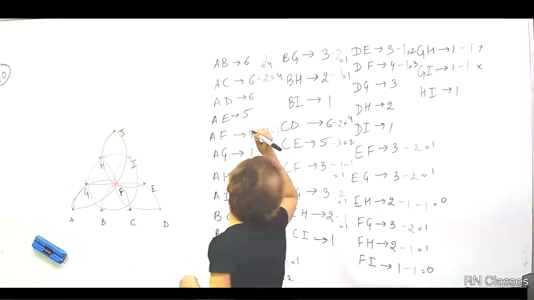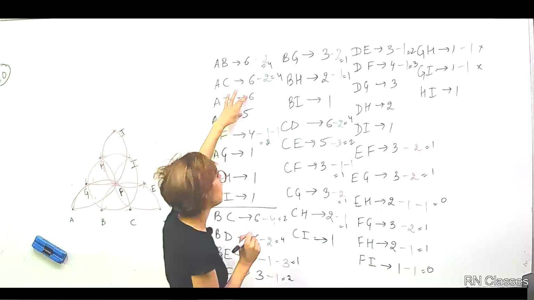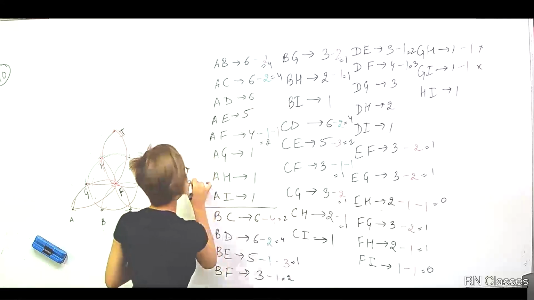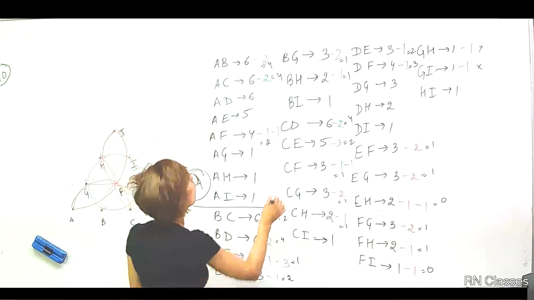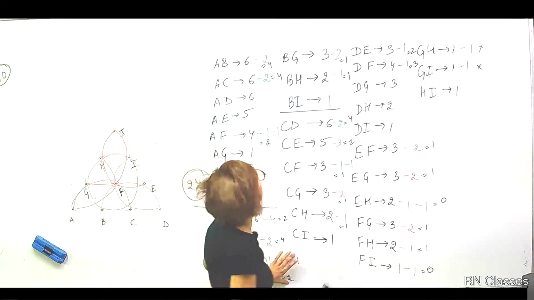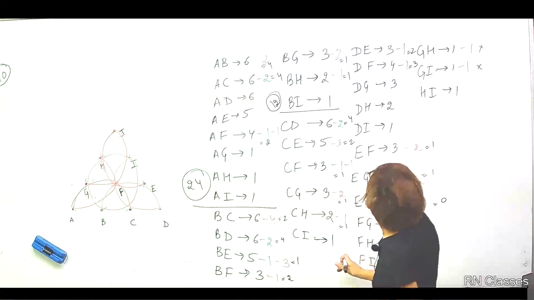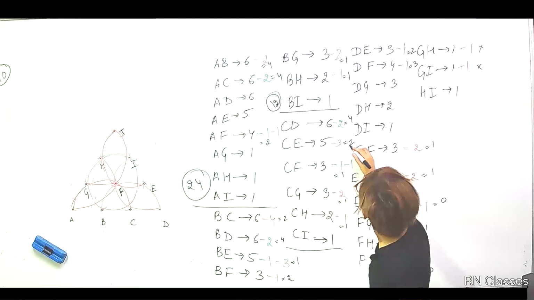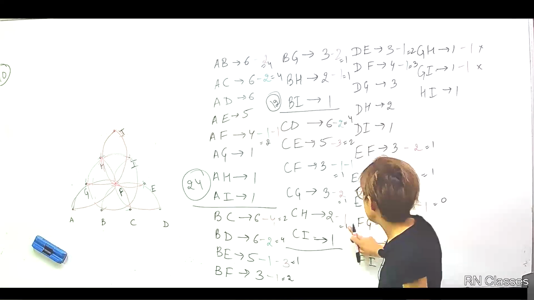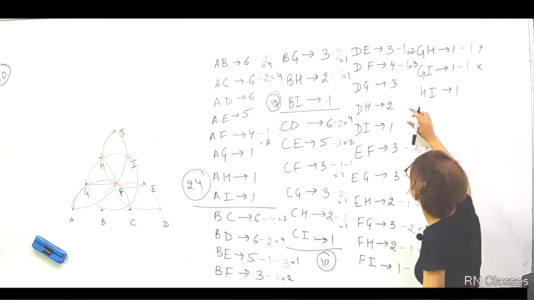Right, let's count the first ones first. So 4, 4, 8, 8 plus 11, that is 19, 19 plus 5, that is 24. You can count it in any manner you want. I am counting like this. So this is 6, 7, 9, 10, 11, 12. Okay, let's see. Here: 4, 6, 7, 8, 9, 10. 10. Right, so that is 5, 5, 11.